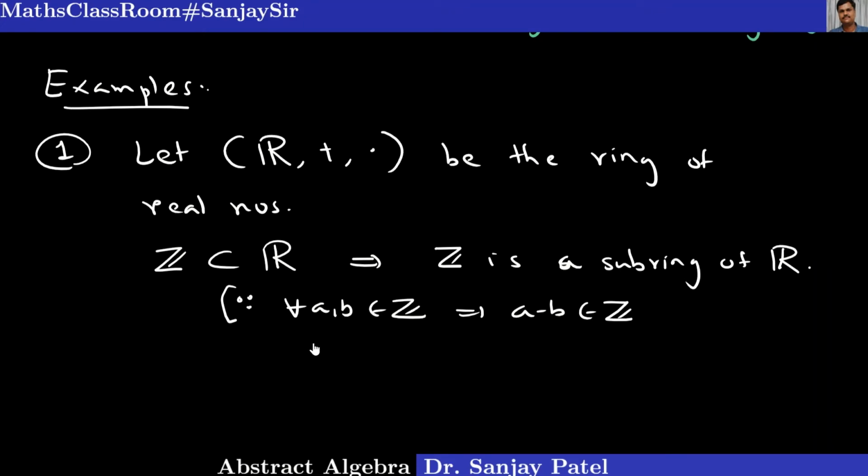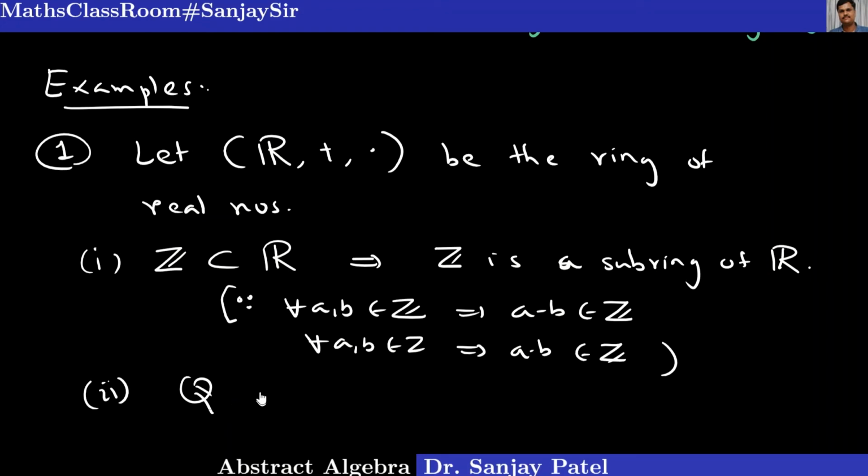And also, for any two integers A and B, if you multiply them, then the product is also an integer. So it is obvious that S equal to Z is a subring of the ring R. Another example of a subring of this ring R is the set of rational numbers. If I take Q as the set of rational numbers, a subset of R, then Q is also a subring